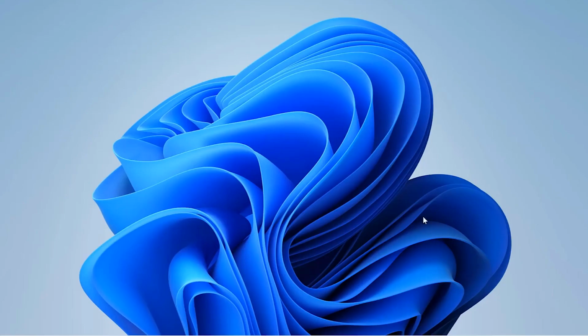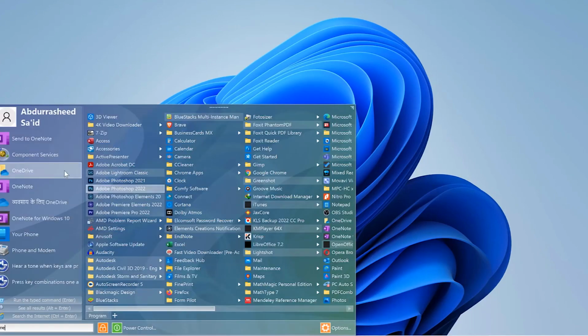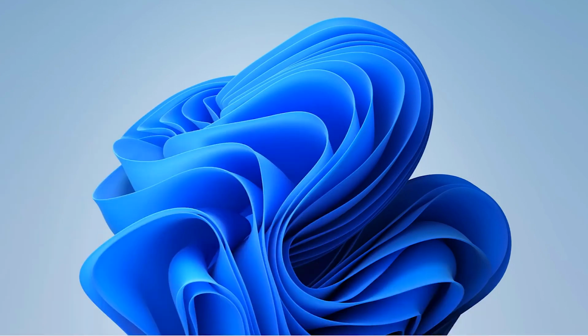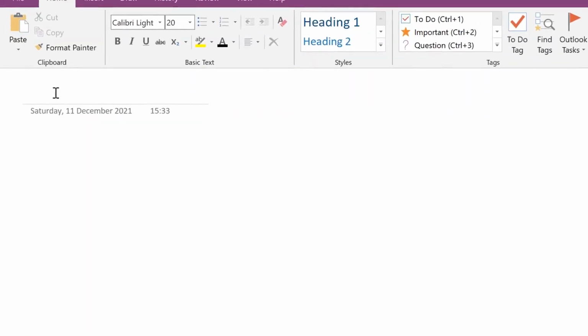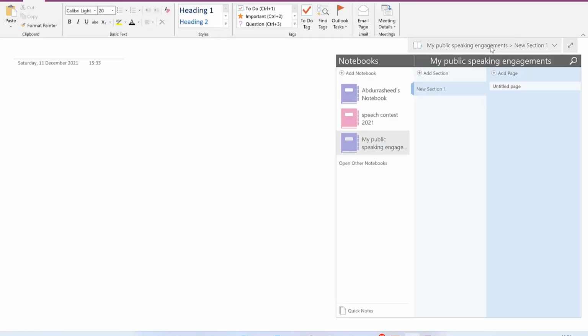But for now, let's say on my Windows 11 we already have it, so we just search for OneNote. You can see it here, OneNote. You just click on it and follow the process to log in with your Microsoft account. So you can just start by writing, but you can come over here to this section to see the different